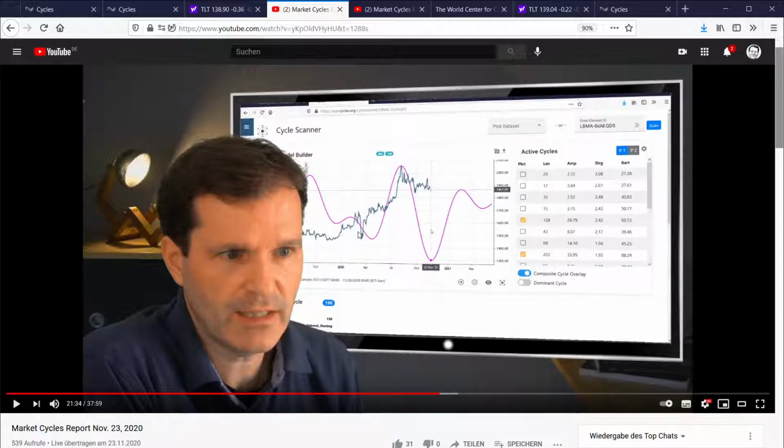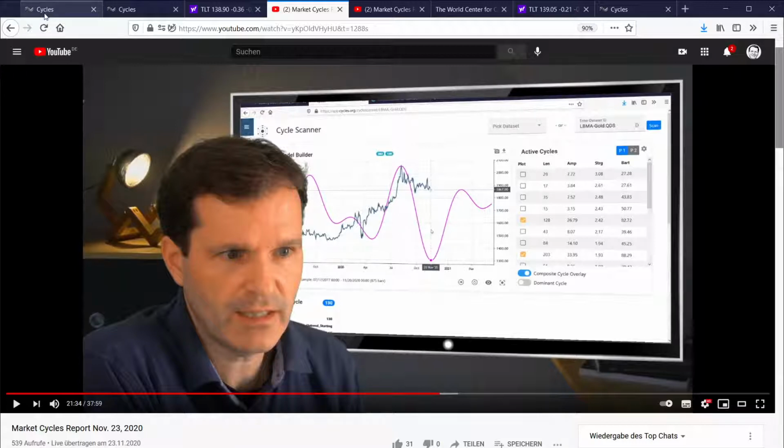It was a live session as we do it today, the same as we did here on the treasury bonds. This has been the gold cycles here. It's very, very small here, but you see the dominant cycle projection, just using 2 cycles, the same which I did with the treasury bonds. I was projecting on the 23rd of November a low in the gold and silver markets.